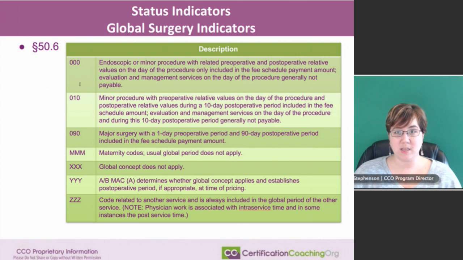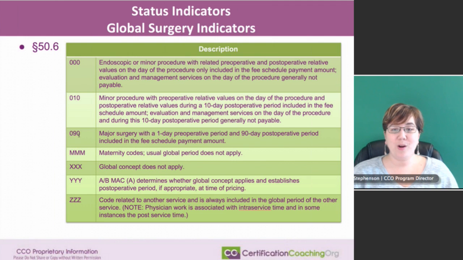A minor procedure is considered anything that has a 0-day global period or a 10-day global period, and a major procedure is something that has a 90-day global period. But those are actually not the only global surgery indicators that we have. Yes, 0, 10, and 90 are here, and they're the usual descriptions that we're used to, but there are other